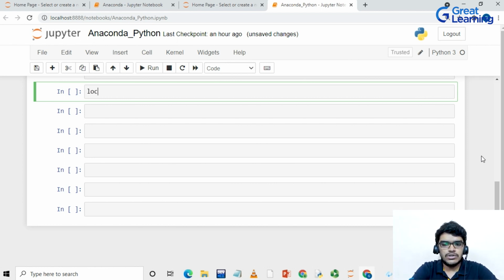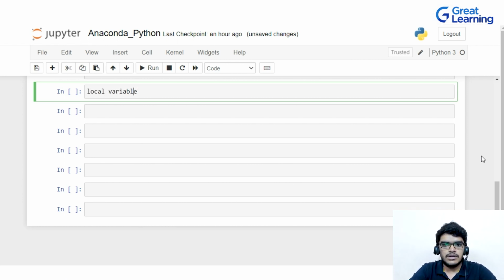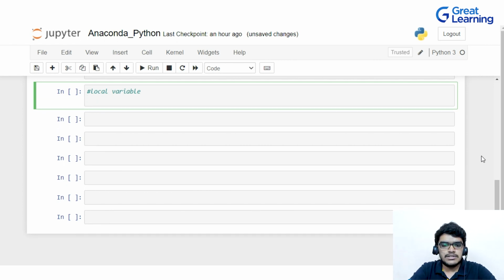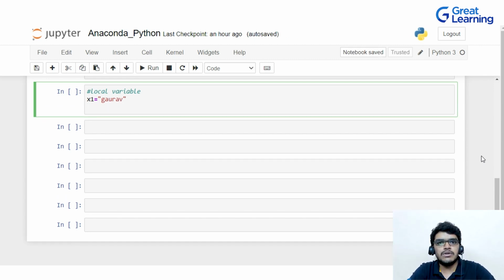I will write here local variable and comment it down, using a hash. After this, let me create a variable, and this time I'm giving the variable name as x1 is equal to, let's say, Gaurav. This is my global variable because I didn't declare this variable inside any function. Now I will create a function. I will write def